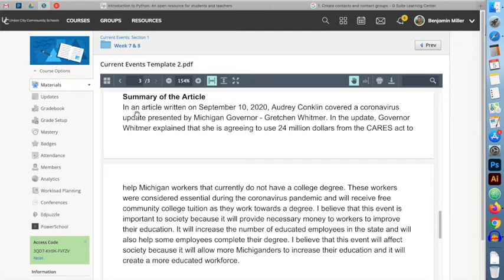In an article written on September 10th, 2020, Audrey Conklin covered a coronavirus update presented by Michigan Governor Gretchen Whitmer. In the update, Governor Whitmer explained that she is agreeing to use $24 million from the CARES Act to help Michigan workers that currently do not have a college degree. These workers, messed up there. These workers were considered essential during the coronavirus pandemic and will receive free community college tuition as they work towards